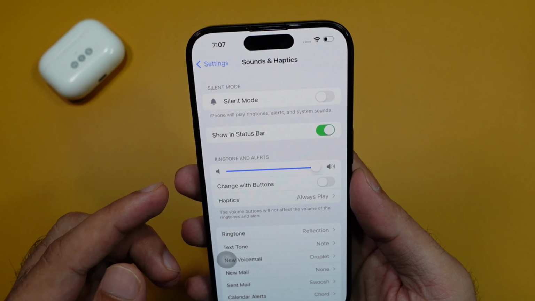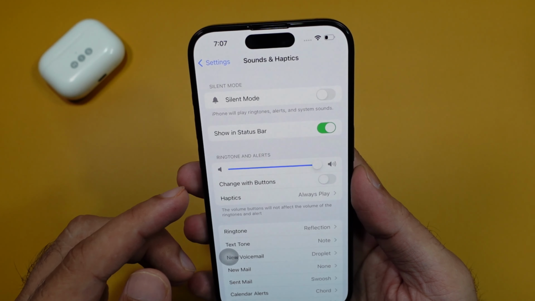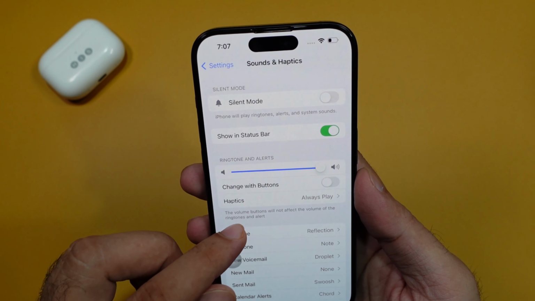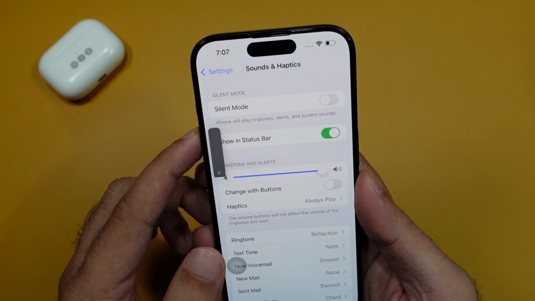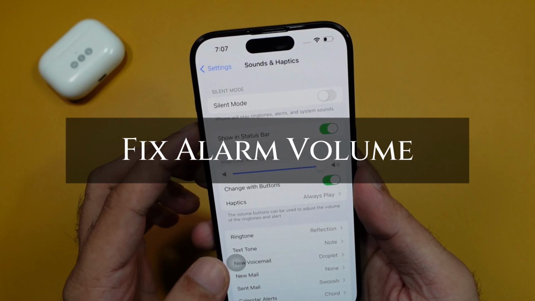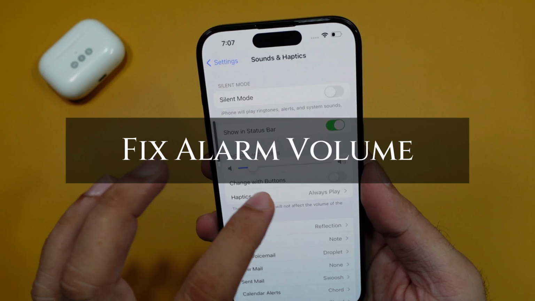Now, listen to the alarm volume when it rings on your iPhone. When the toggle beside Change with Buttons is off, the volume of the ringer and alerts will not be affected by the volume buttons. Some iPhone users are affected by the problem of no sound for alarm volume because of